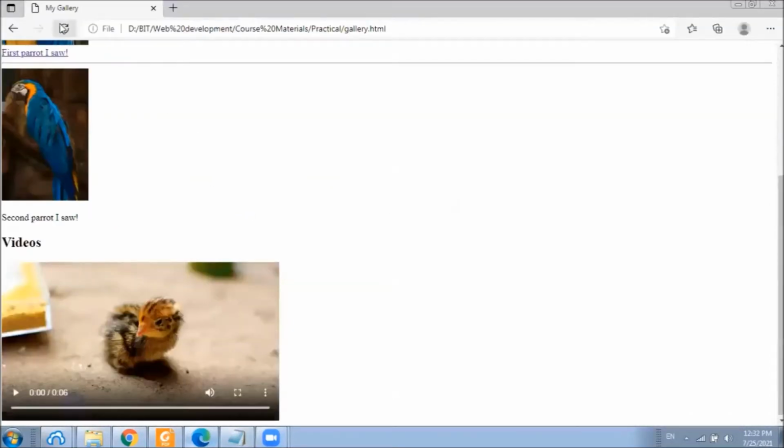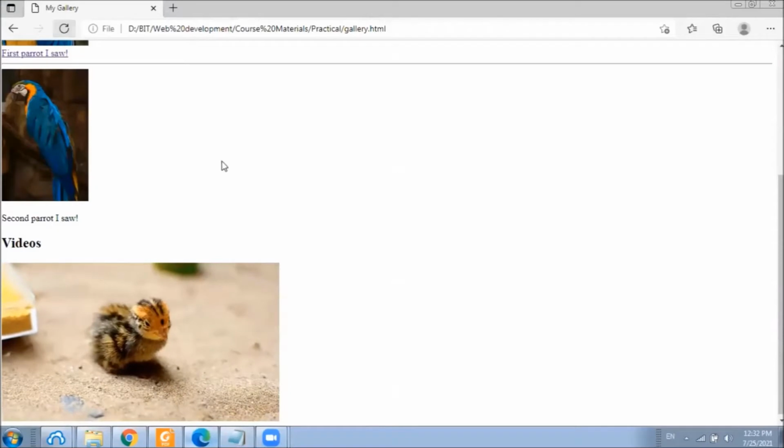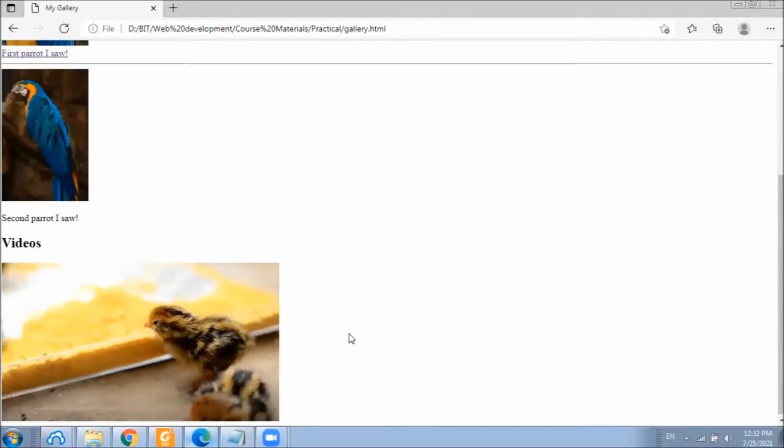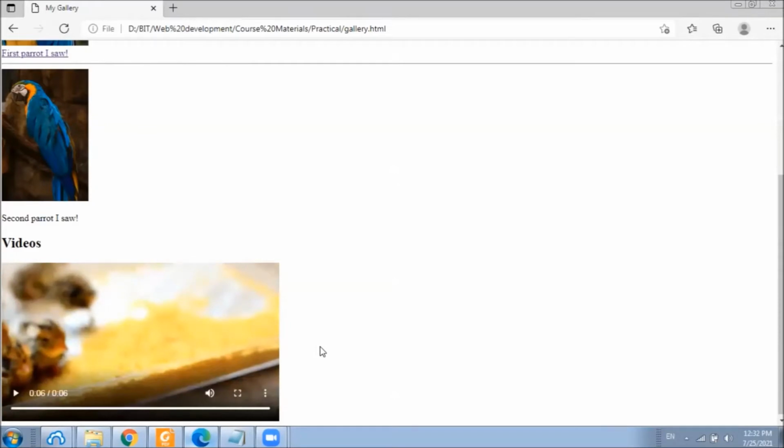Save it, and when we refresh, it plays itself without the user's intervention. There's no necessity for the user to click this play button to play the video. Sometimes some browsers do not allow this behavior by default. Even the browser I'm using, the Microsoft Edge, does not allow the behavior by default.